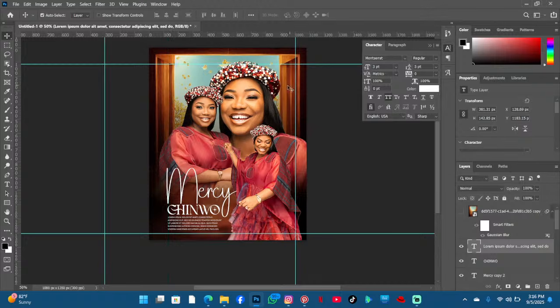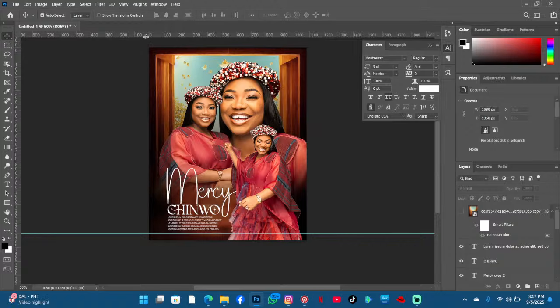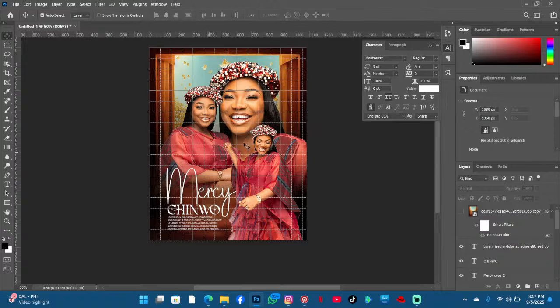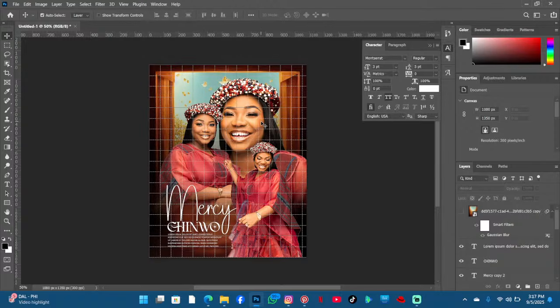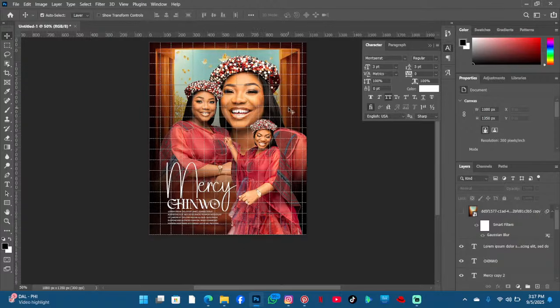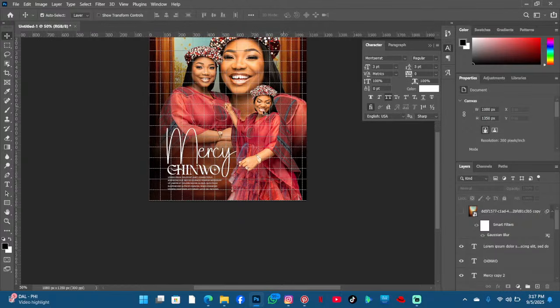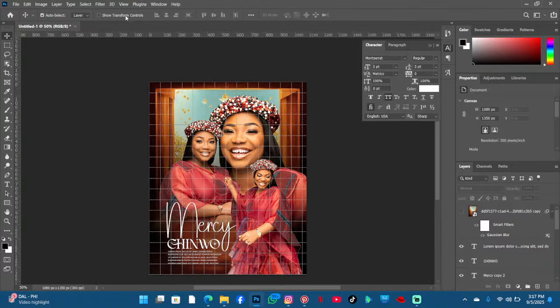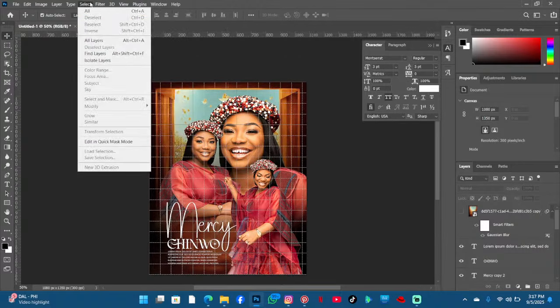If you don't like this one, you can also use the other type of grid line. So let me just take this out and show you. You can just go to your view, go to show, and show grid, so you can see. But now it's covering your work, you won't really see what you are doing. Maybe it's going to be effective for you guys, but for me it's not good. So